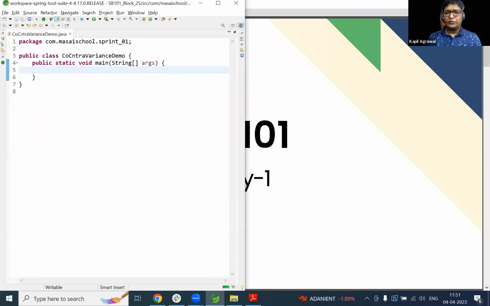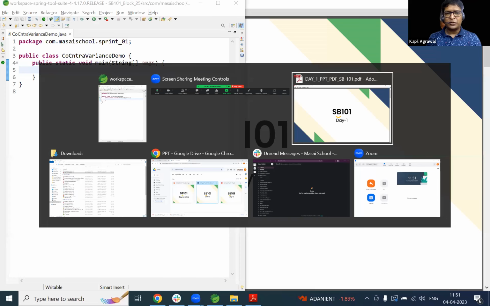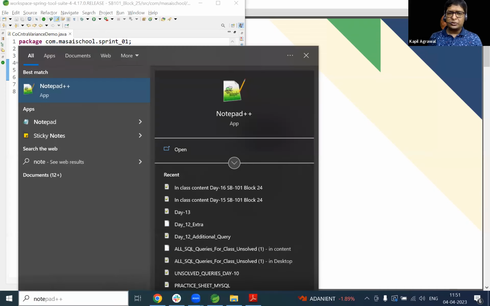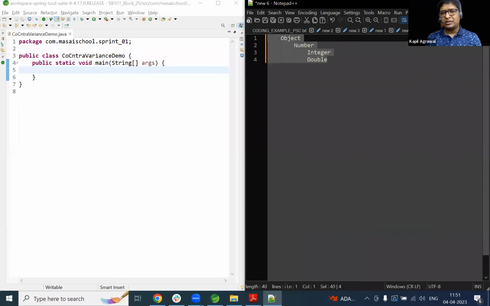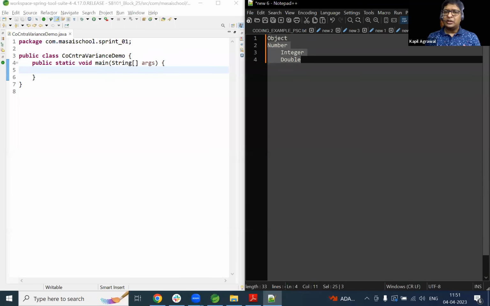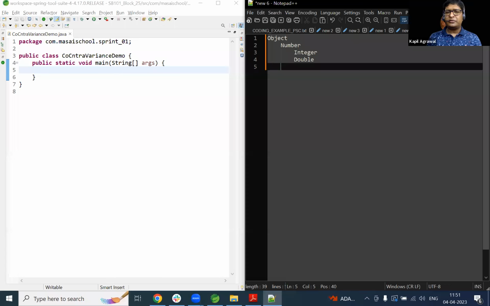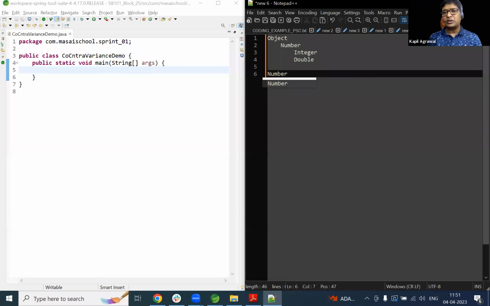Actually, parallelly, I would love to use Notepad++ also for your convenience. So opening Notepad++, then control and okay. This is the hierarchy that is available to me. There is one straight point that you have already read, that a superclass reference variable can point to a child class object. Because a superclass reference variable can point to a child class object, so according to this principle, for example, let's say